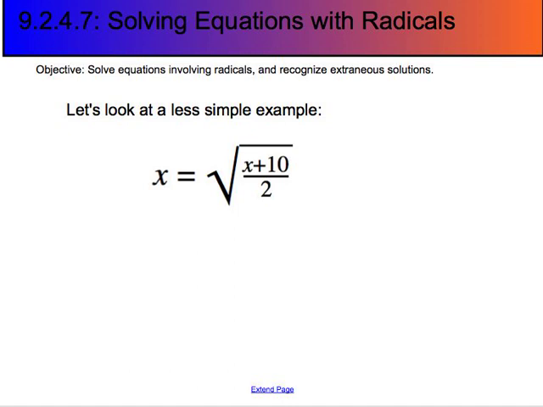All right, the next one, this is a little bit less simple. As you can see, there's a lot more going on here. The first thing I want to do is get rid of the square root on the right-hand side, and so what I'm going to do is I'm going to square both sides. Left-hand side is just x squared. That side's not too bad. Now, the right-hand side is not that bad either. The whole reason why I squared it is to get rid of the square root. The square root encompasses the entire side, so